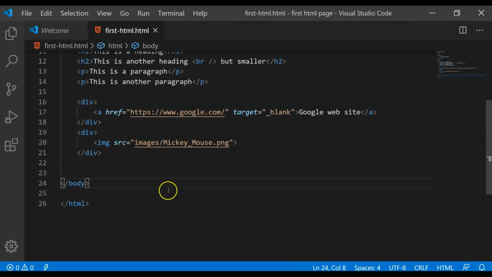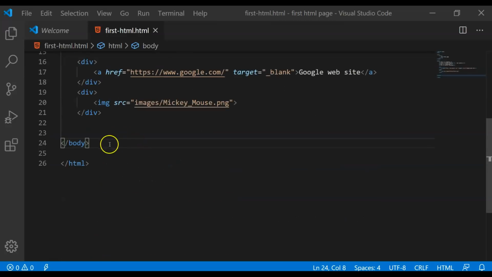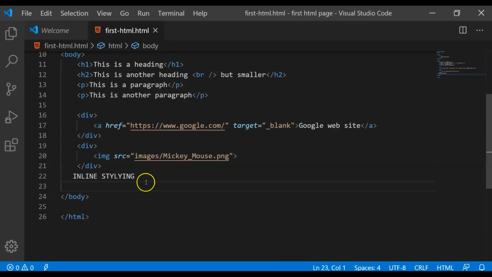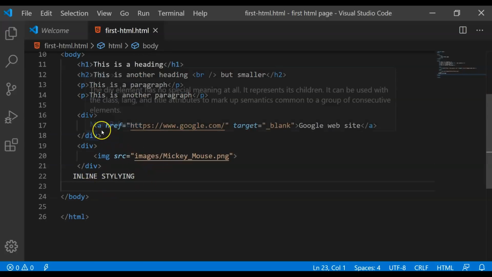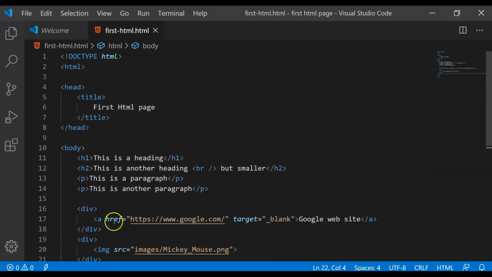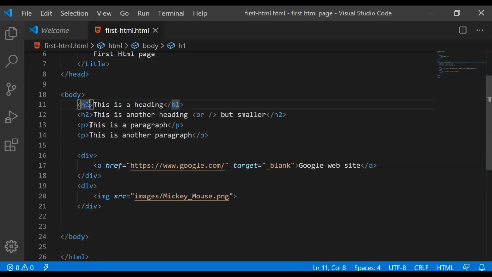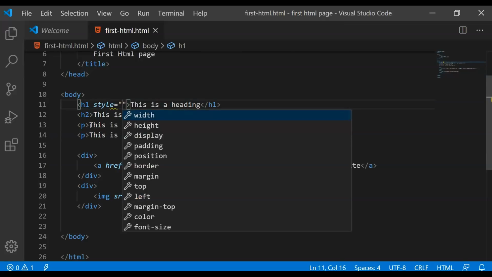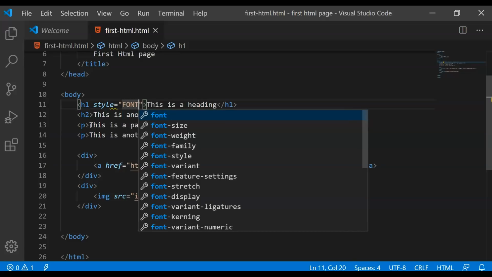Now let's introduce a bit more styling into our HTML. Let's learn about inline styling. The inline styling basically is having your style within the same HTML line. So what we can do here, we can put some styling in all of these. So we can come here, in there, and then we can say style, this line, and make the font